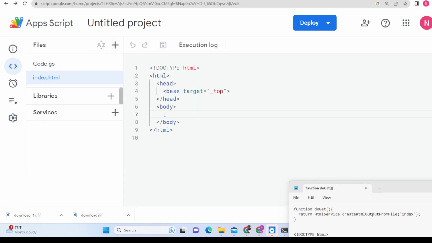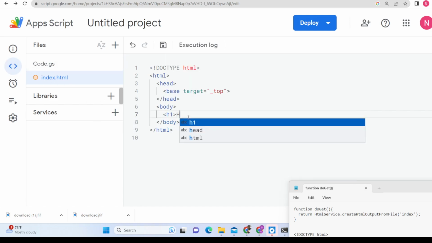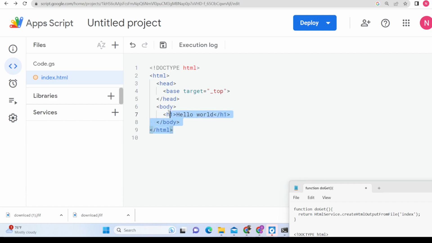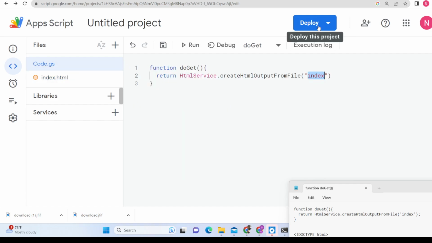So this will create the index.html file, guys. Here we can write something on the screen. Let's suppose hello world, and we can close this h1 tag. But now basically, guys, this is a web application, and now if you want to deploy this, you can simply